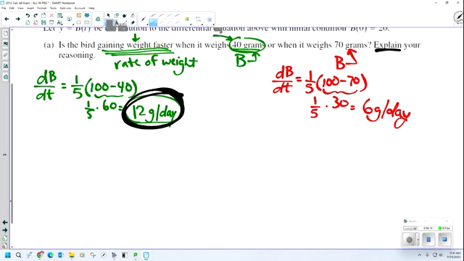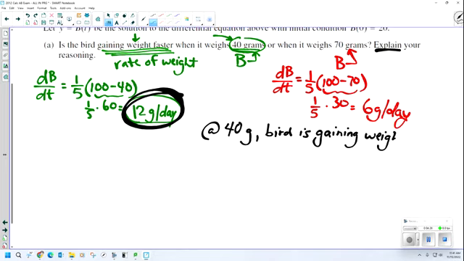So at 40 grams, the bird is gaining weight faster. That's the answer. Boom, right there. And I'll make that a comma. Since, okay, and now should I have to say the rate of weight or the dB/dt? I can put dB/dt. That would be easier. Since dB/dt is larger, I'm going to put 12 at